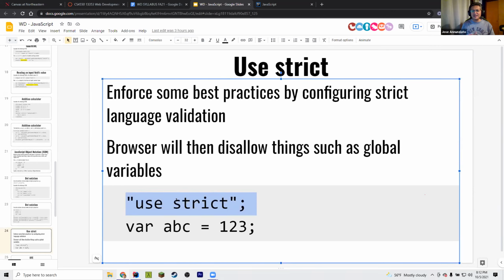But oftentimes we want to be a little bit more rigorous, right? For instance, if you're comparing something, you might want to make sure that at least the two parameters are the same data type, that you're not comparing numbers with strings. You should maybe flag an error. Well, to make JavaScript less forgiving and more strict, so that these types of errors are flagged early and don't introduce any bugs,